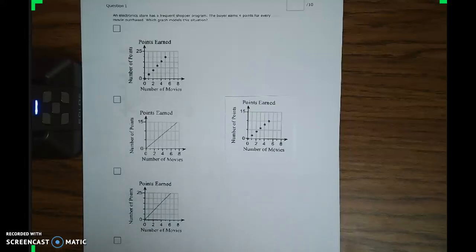Question 1 says, an electronics store has a frequent shopper program. The buyer earns 4 points for every movie purchased. Which graph models the situation? So the first thing you want to figure out is, is this going to be represented by dots or by a